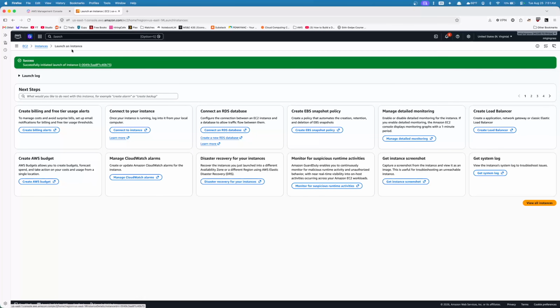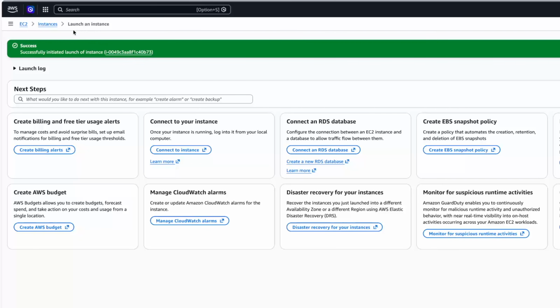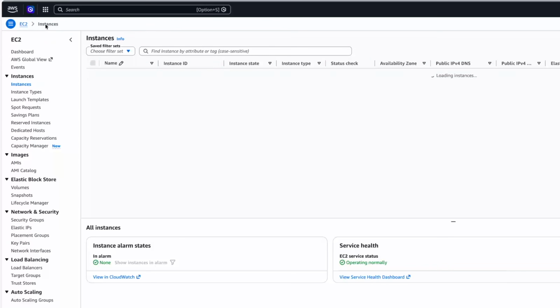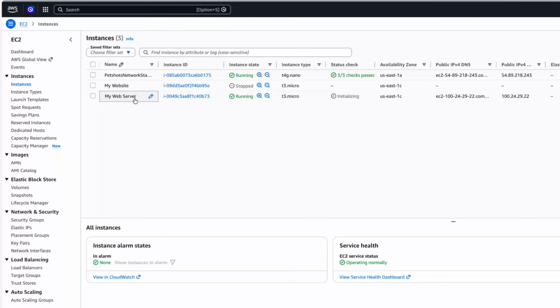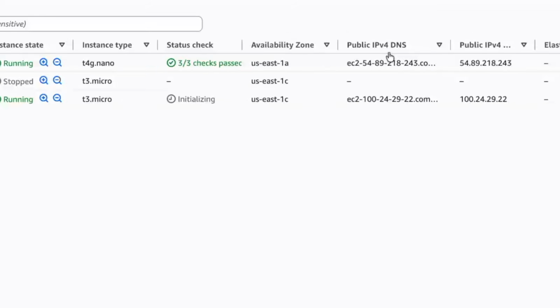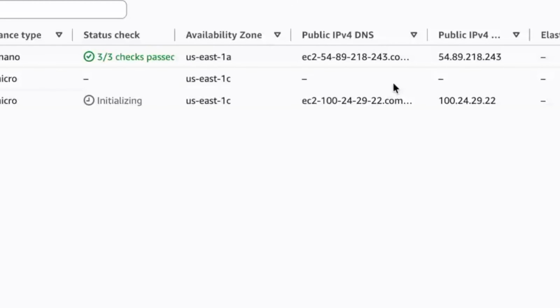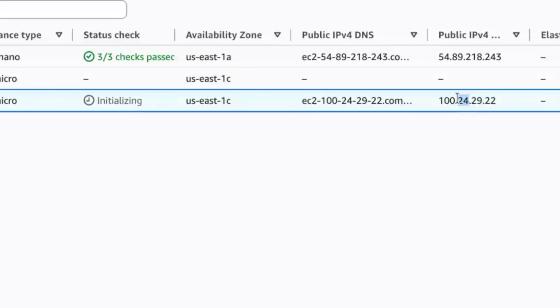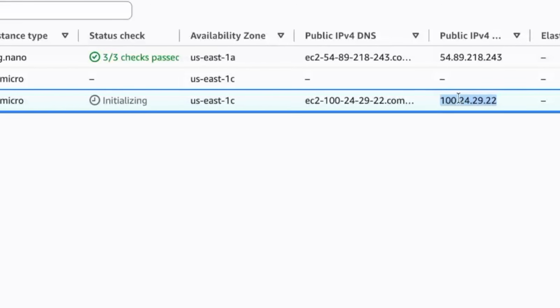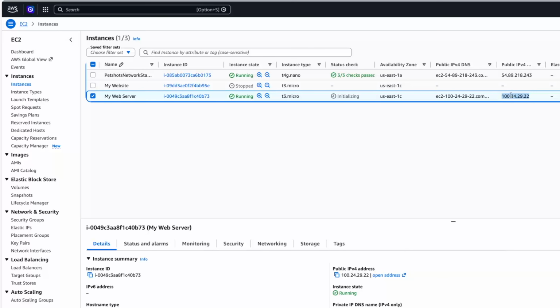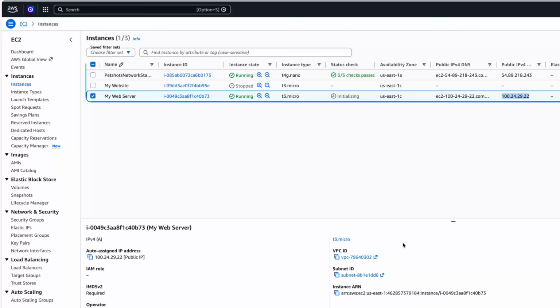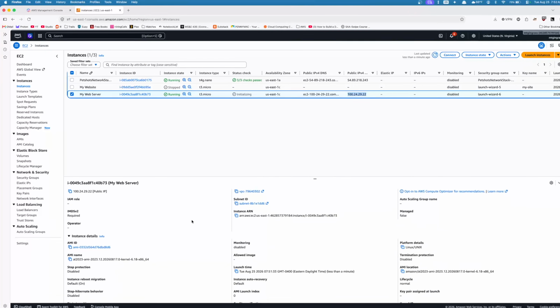Okay, it's successfully initiated the launch. Go to instances up here. And now we should see my web server. Now we're looking for the public IPv4 DNS, or IP address, I'm sorry. So right here, we're going to copy that. And scrolling back down to